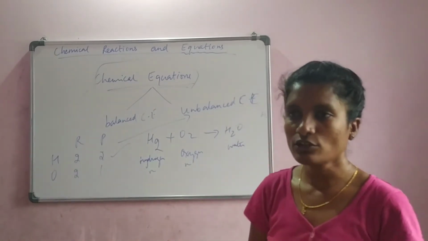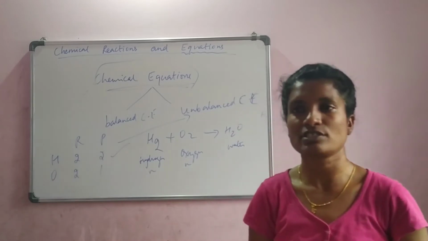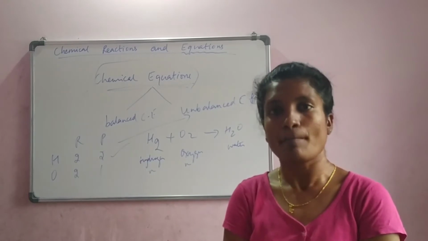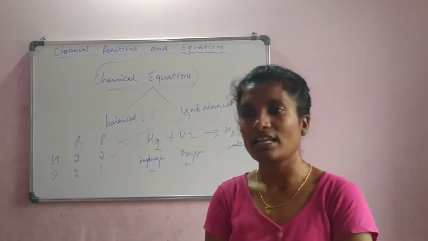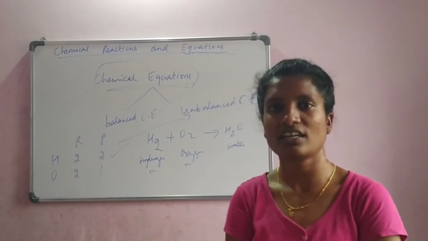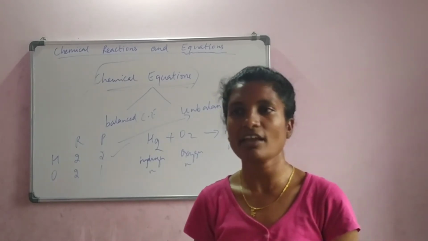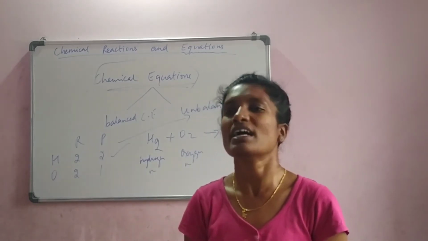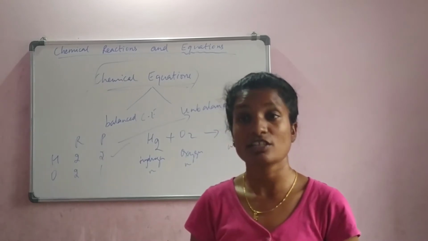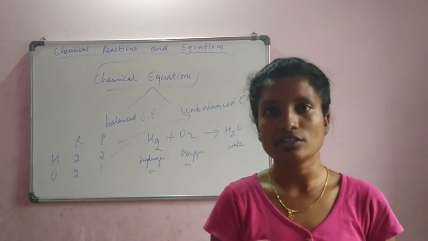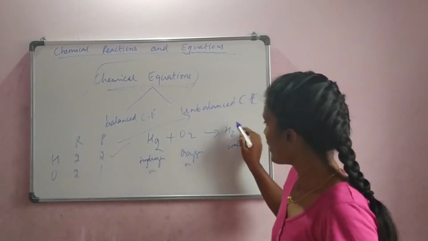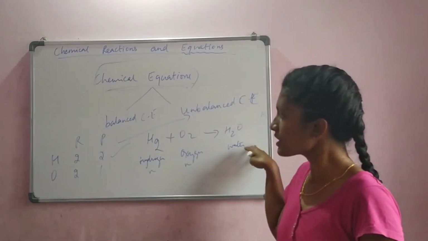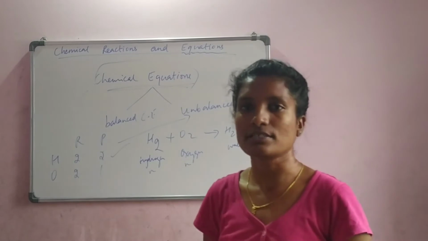And we need to understand an important concept that we have studied in science class in previous years. According to the law of conservation of mass, mass can neither be created nor be destroyed. Like we said for energy, it can be converted from one form to another. The mass cannot be destroyed or created. It is always equal in the input and equal in the output. So here, where did that one more oxygen escape to? It is not escaped. We can still make this a balanced chemical equation by following some rules.